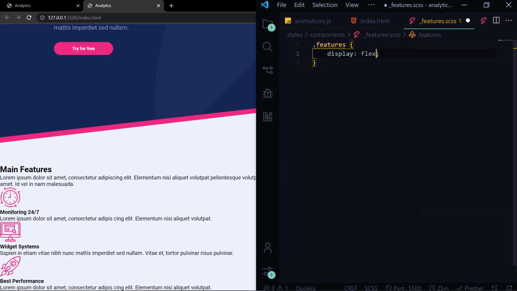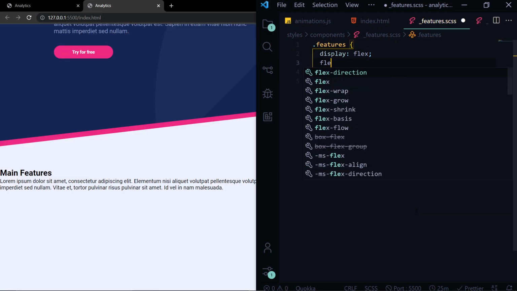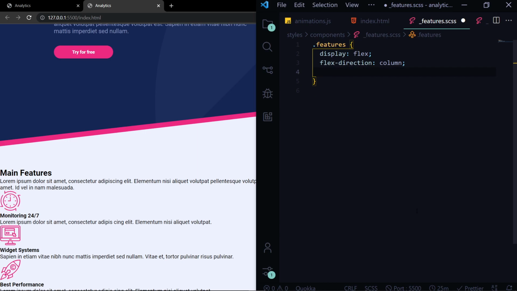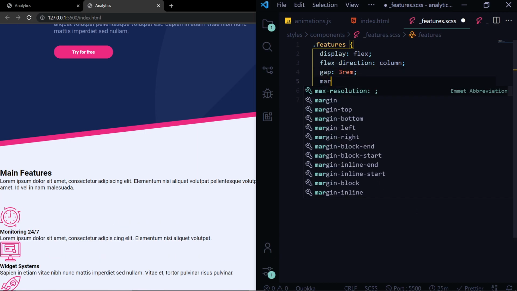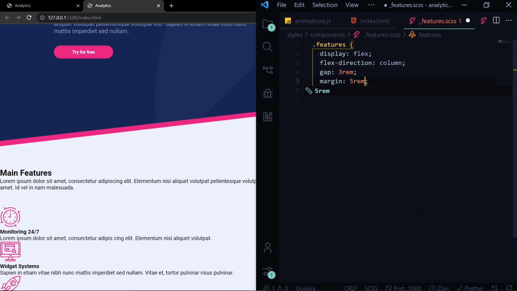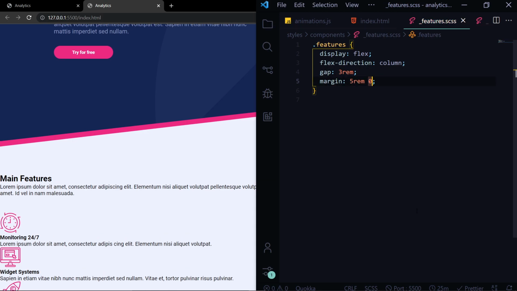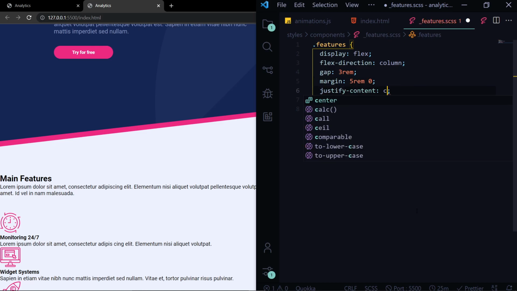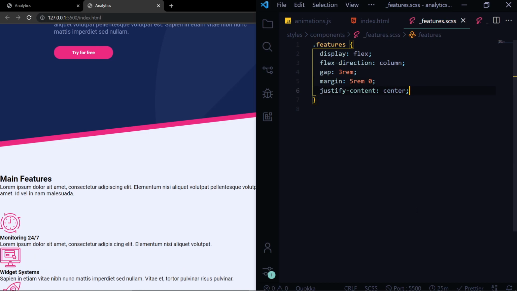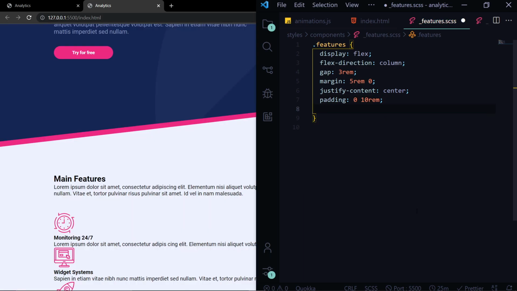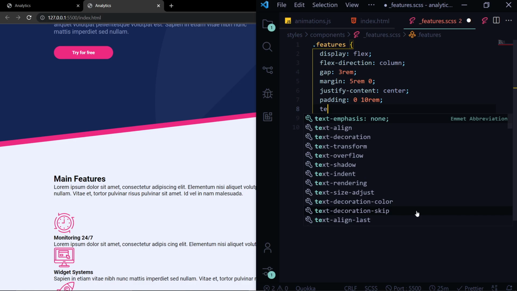Inside that we'll give it a display of flex, a flex direction of column, gap of 3 rem, then we'll give it a margin of 5 rem, 0, then we'll give it a justify content of center, then we'll give it a padding of 0 and 10 rem, we'll give it a text align of center,